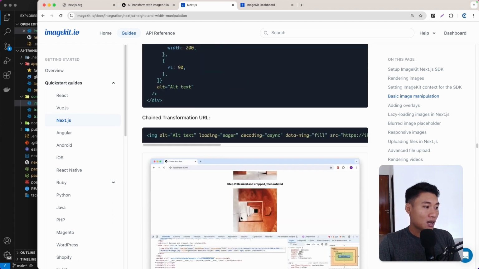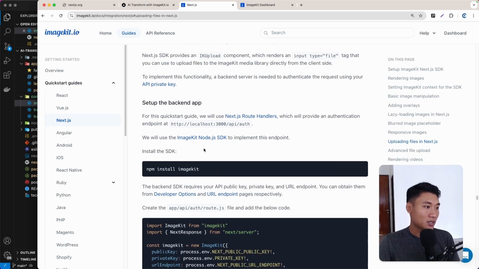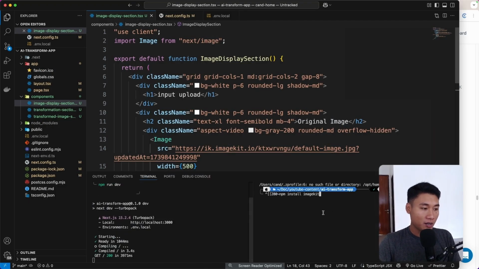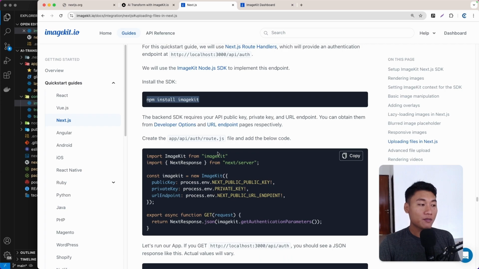So let's see how we can upload the image. On the right side right here, there is a tab called uploading file in Next.js. Click on that, and as you can see, we have to install this package right here, imagekit. So let's open a terminal and then open another tab right here. Just hit enter, npm install imagekit. Let's go back to the documentation, and as you can see, we have to create